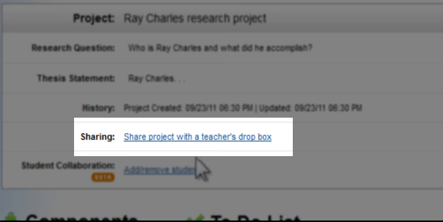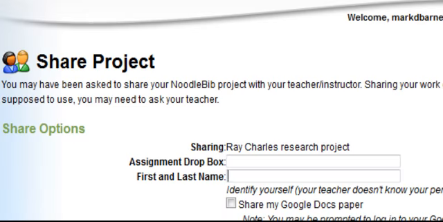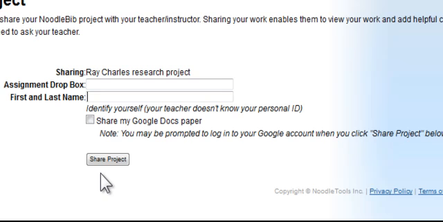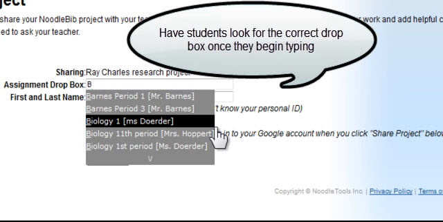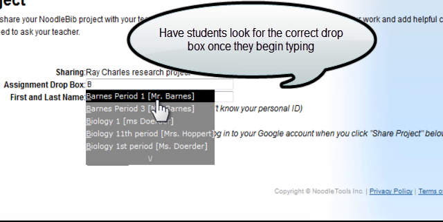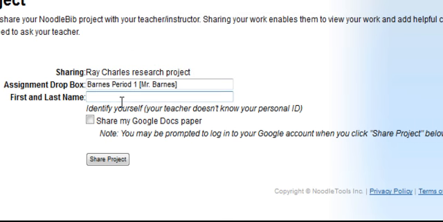Now I'm going to tell my students it's really important that you share your project with me. So they're going to click share with a Dropbox, and I'm going to give them the Dropbox name. So I have created Dropboxes based on my class period. So I'm going to tell them, let's assume these students are in my first period class, that the assignment Dropbox is, and the nice thing is, as soon as they type B, I'm going to say start with Barnes, and as soon as they type the B, because I've typed it in, it's going to come up, and they're going to click on Barnes period 1,